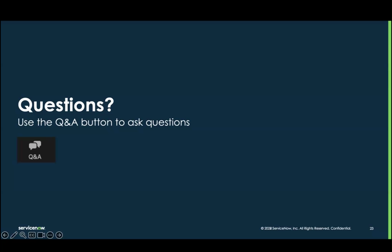A question did come in: are there any AI capabilities? So once again, part of our strategy as a company at ServiceNow is to be AI first. So we are infusing AI across our entire platform, which includes Contract Management Pro. So for a roadmap item, and once again, the safe harbor agreement was shown at the beginning of this presentation, we are introducing AI capabilities by the end of this year, which is the ability for us to ingest third-party paper, automatically use AI to review that contract to identify risky clauses or even missing clauses, and then use playbook automation to make recommendations from our clause library